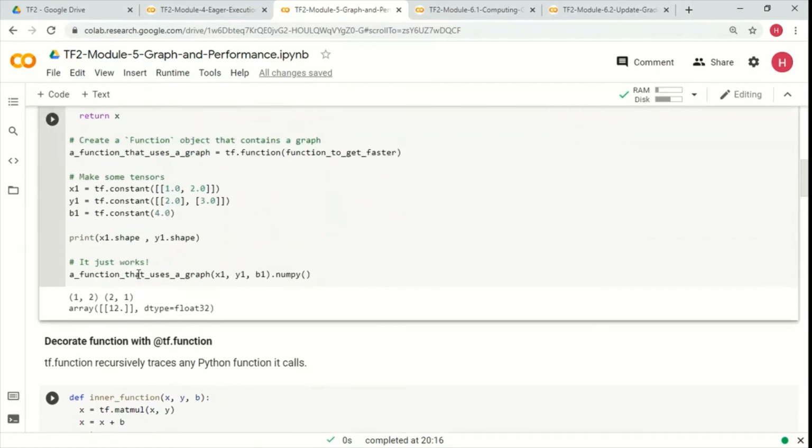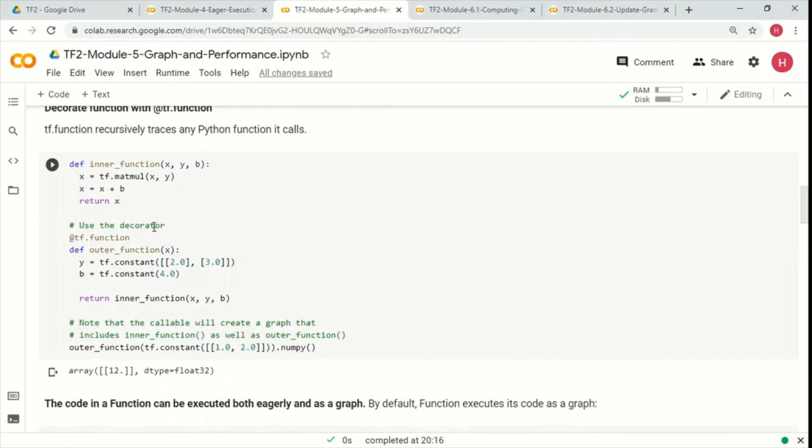Like in the earlier case, we had created these separately and passed all 3 things to a function. In this case we are creating an outer function and passing an input to it, but we are defining y and b inside this outer function, and then we are calling an inner function which takes in this input and y and b, x, y, b. Then this inner function does the matrix multiplication, adds the bias, and returns that value.